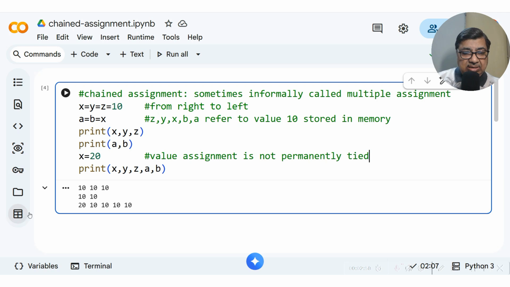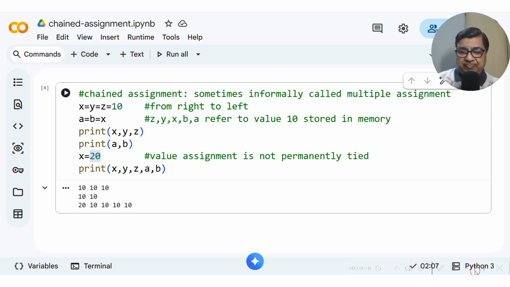That means there was a value 10 somewhere which was named Z, Y, X, B, A, and out of this I create another memory location where I stored 20 and X is now pointing to it. X is no more pointing to value 10, right?